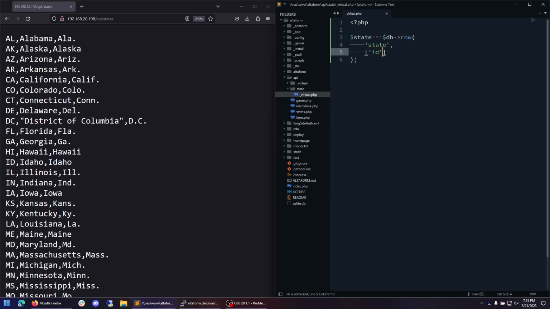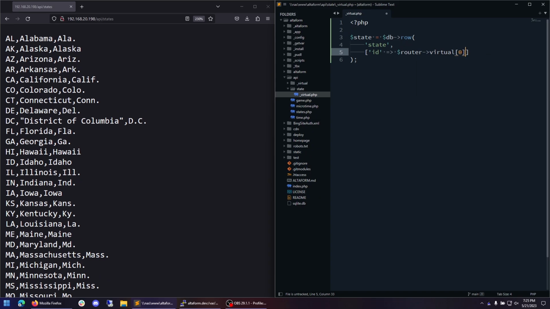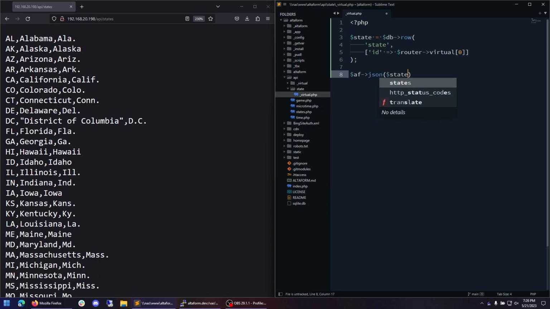So we have the ID field that I want to pull from router virtual 0. So we know that entry 0 within our router virtual will be based on the URL. And what I want to do is AF JSON, our new state value.